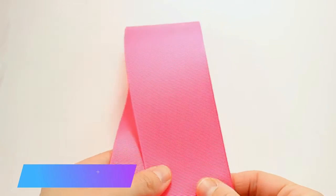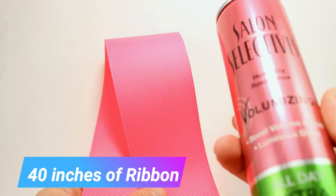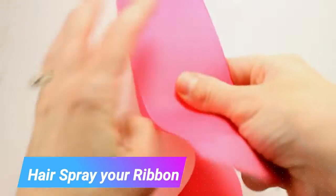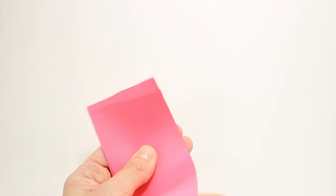First, I want you to cut your ribbon to 40 inches long and grab some hairspray. I just have some cheap hairspray I got at the dollar store. And then spray your ribbon all the way down from top to bottom, and then let that sit and let your ribbon stiffen a little bit. I let my ribbon sit overnight, and then my ribbon is nice and crisp, so it makes really, really nice